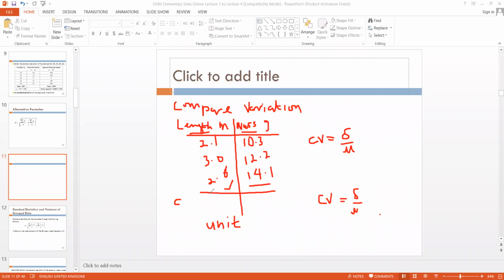Over here, for the length, if we want the mean for the first data, that will be 2.1 plus 3